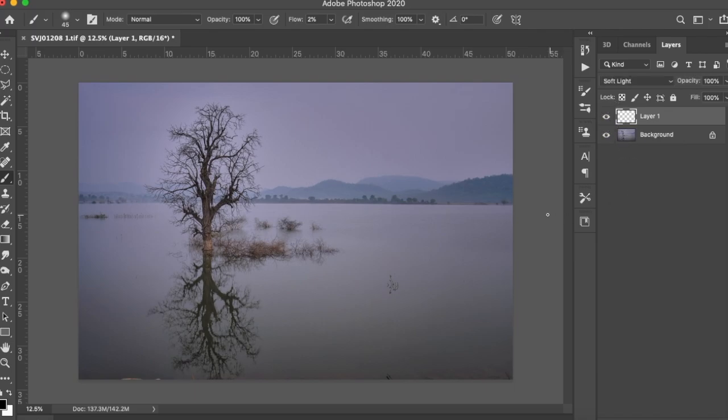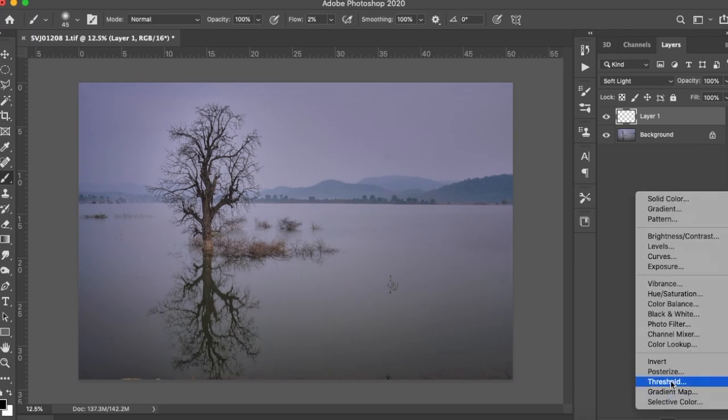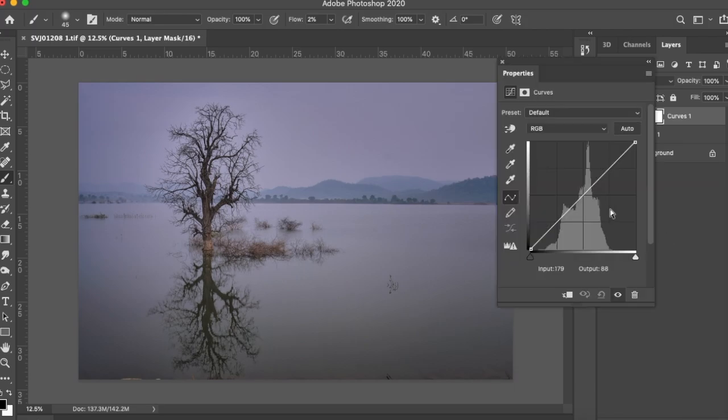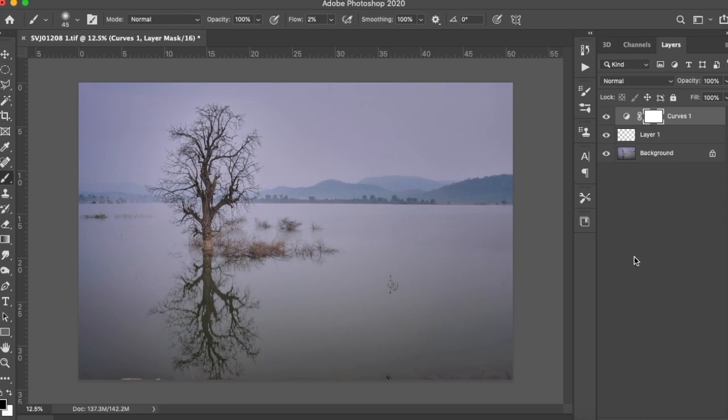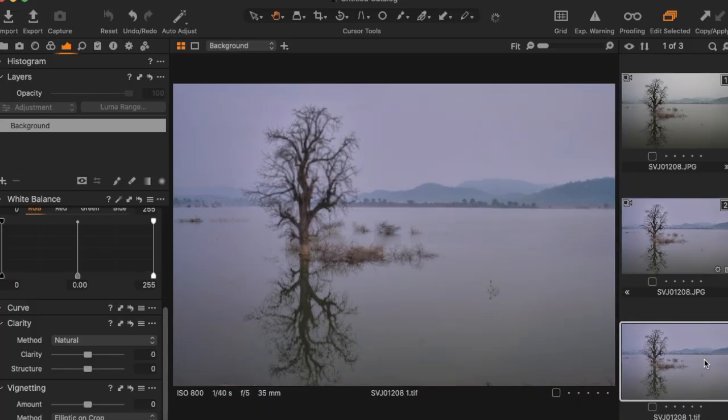nice. So now let's take one more curves layer, and this time brighten a little bit till this level, and this is absolutely fine. So I think this is pretty much we are done. It is a very nice, simple photo, very simple composition, not too many color tones to adjust. So here we began with this and we came here. What else can we do?